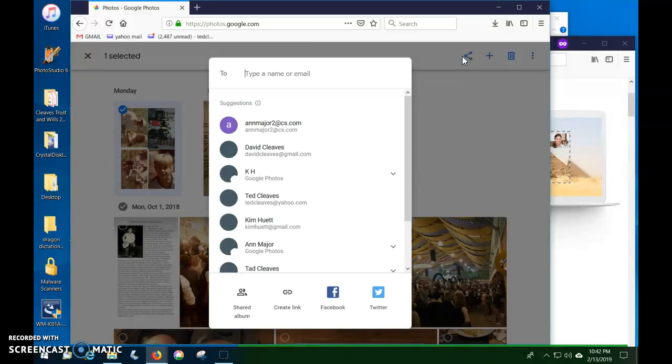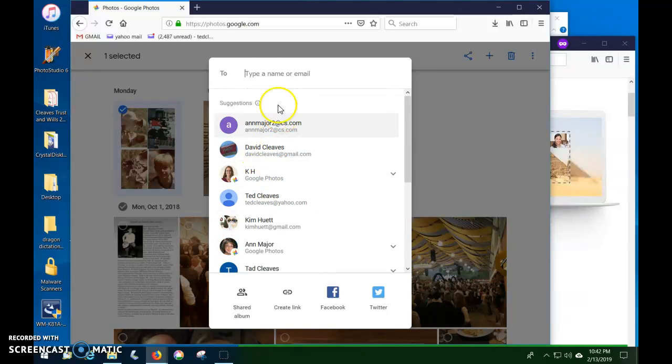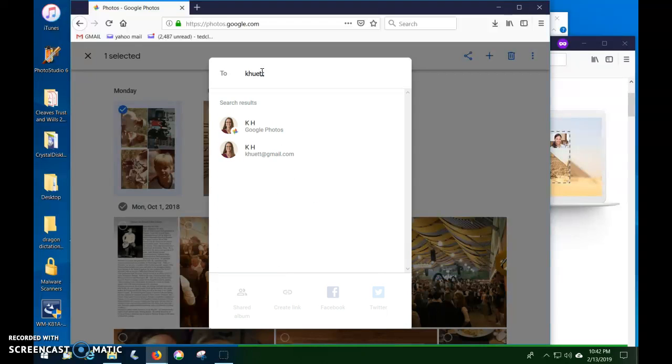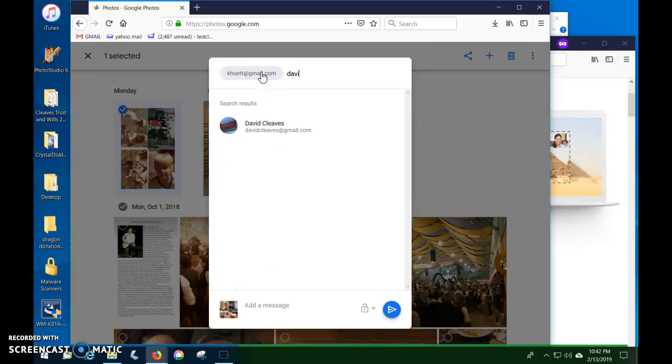So you can do that by typing a name or an email. You could share it to Facebook. You could create a link. It helps if you know the email addresses of the people that you want to share it with. So I'm going to type my email address, khewitt@gmail.com. I'm going to hit enter, and then I can type another one,